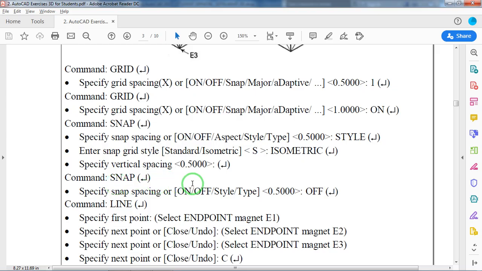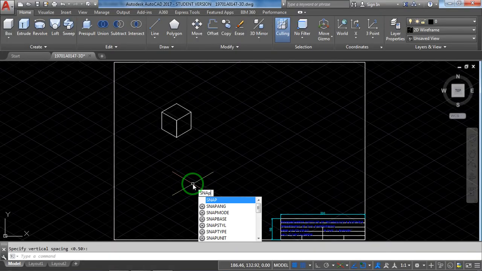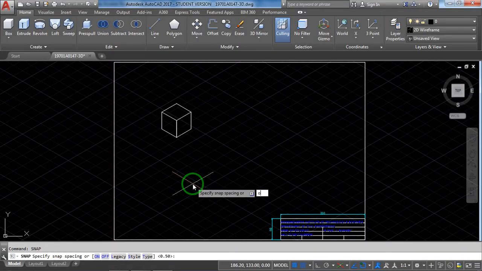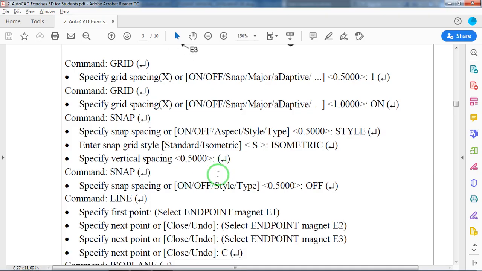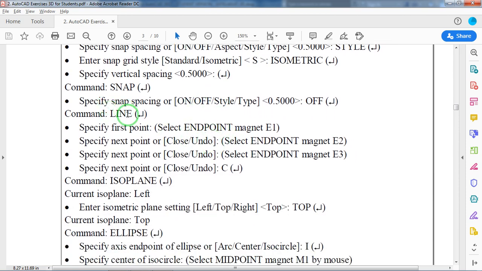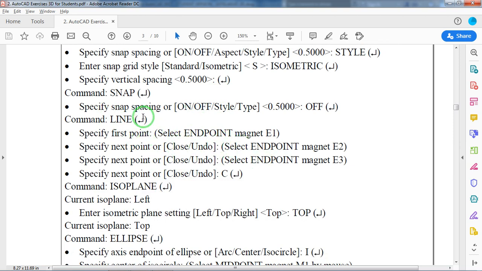Next, snap on or off, right? I am typing the snap off. Why? Because in 3-dimensional we should have to be more careful. Snap off. Now with the help of line, we are supposed to draw everything from endpoint to endpoint, right?